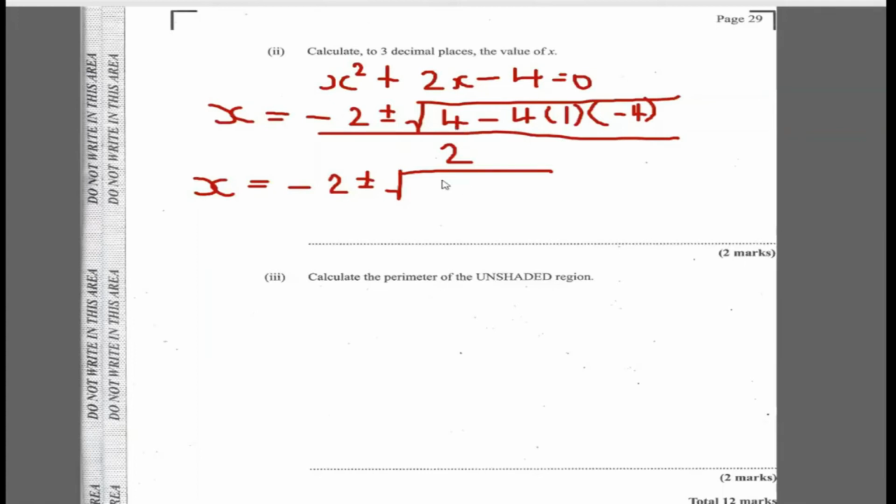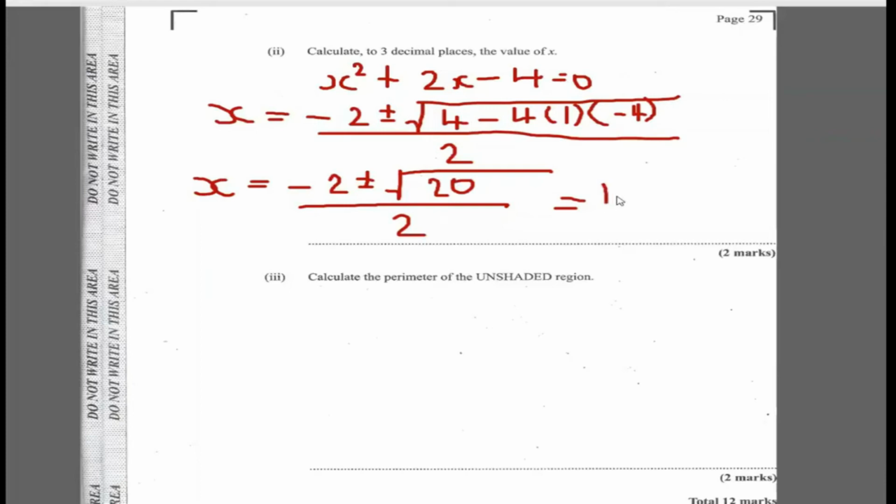And so that's minus 2 plus or minus the square root of 20 over 2. And so to calculate the value of x, clearly we're going to ignore the one with the minus sign because distance cannot be negative. So we're only going to look at the one with the plus square root value. And so x is minus 2 plus the square root of 20, divided by 2. And you're going to get